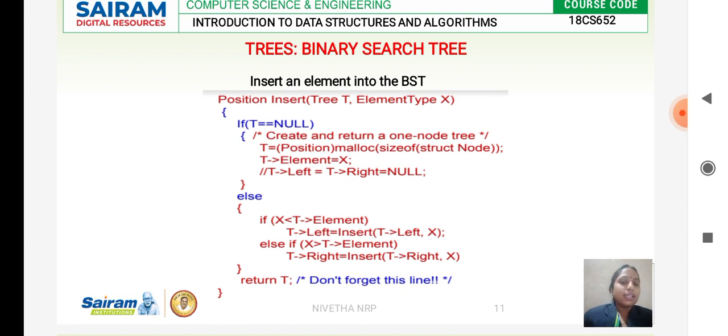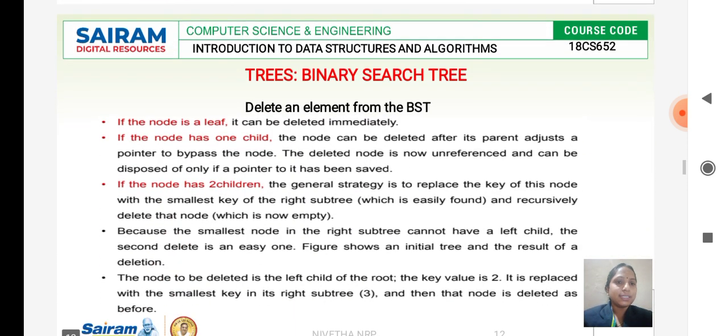Else, it is a nested if-else here. Else if the element to be inserted, X, is greater than T of element, we will be traversing towards the right, and we will be inserting the element in the right subtree. Then we will be returning the value of T. Okay, this is how insertion takes place in a binary search tree.